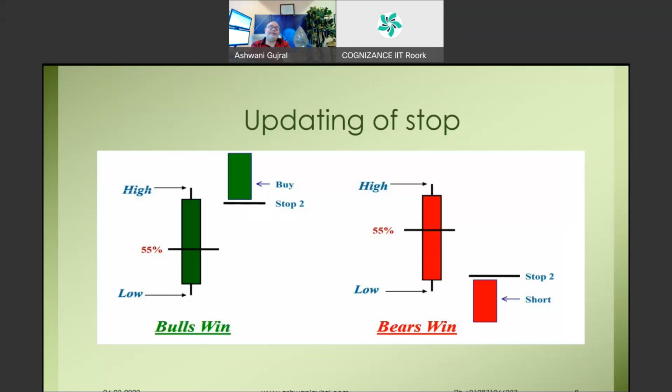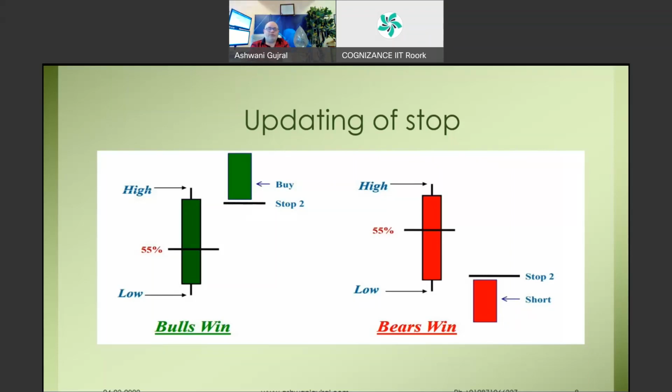Now, some people may think that this stop is too close by. The idea here is to have close stops, at least at the beginning of a trade, because the trade needs to move in your direction quickly and sharply. If a trade is just hanging around and moving up and down and choppiness, then possibly there could be a problem with your entry.